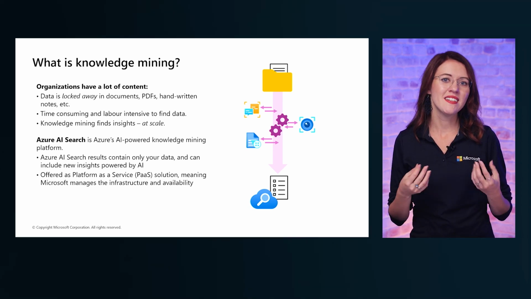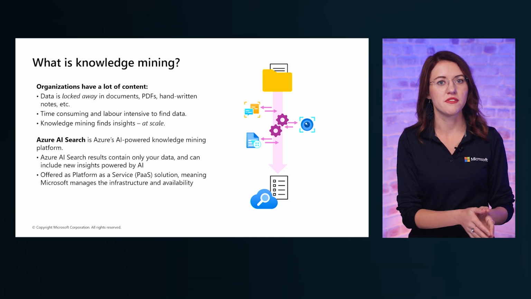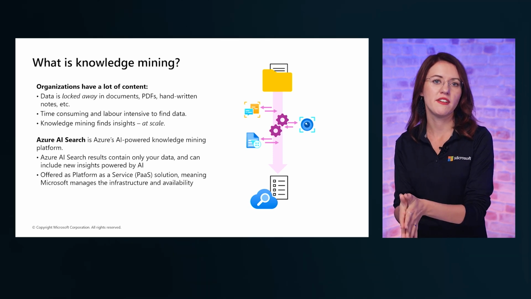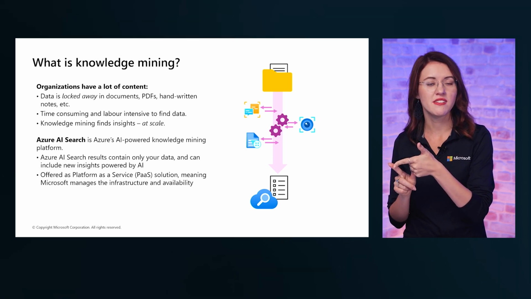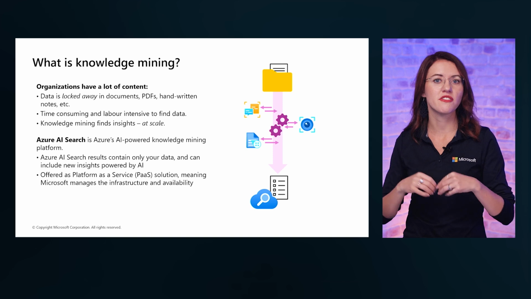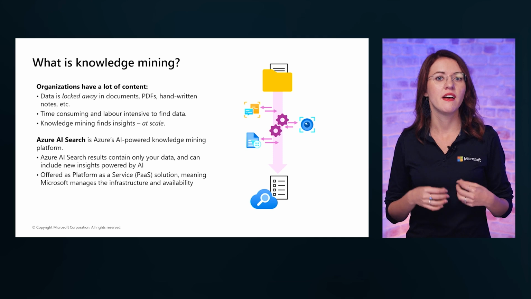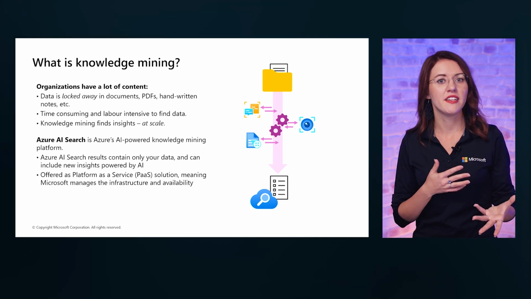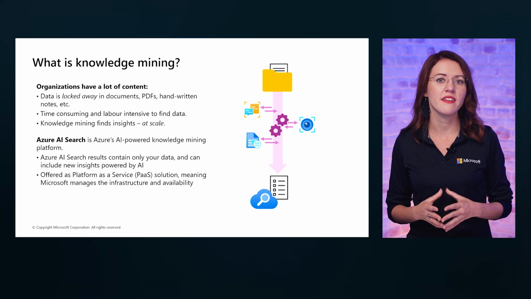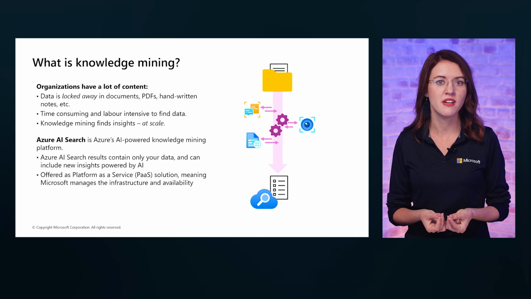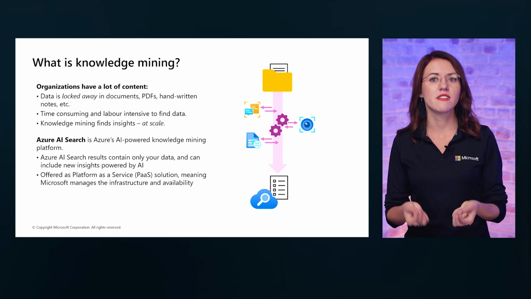Here is how the process works. The indexer starts by ingesting data from a source, such as a container of PDF documents. It cracks each document to retrieve text and images, then applies AI skills to extract meaningful insights. For example, Azure AI Vision can generate captions and tags for images, Azure AI Language can detect sentiment and named entities, and Azure AI Document Intelligence can extract structural fields from forms. Once enriched, the data is stored in the index, making it searchable through